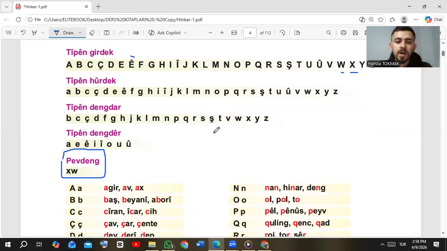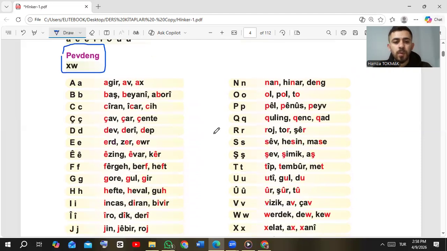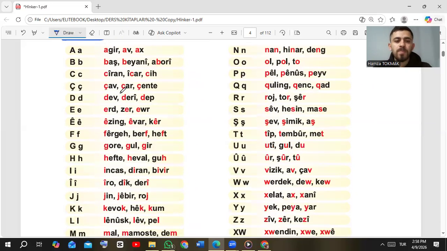And we have some simple words that we can practice the alphabet with here. I will say one single word for each letter, and I want you to repeat after me, please. So, let's start. Agir,